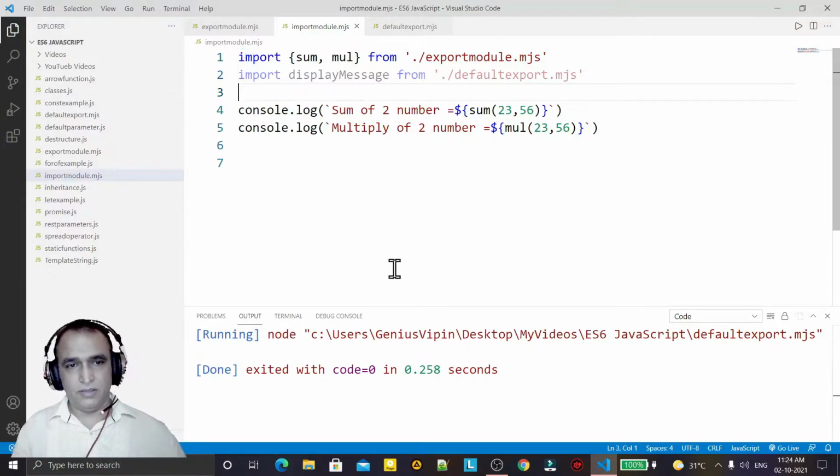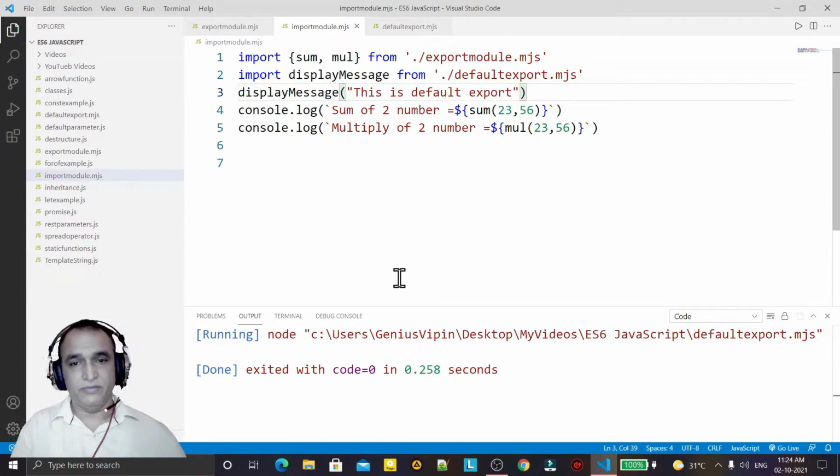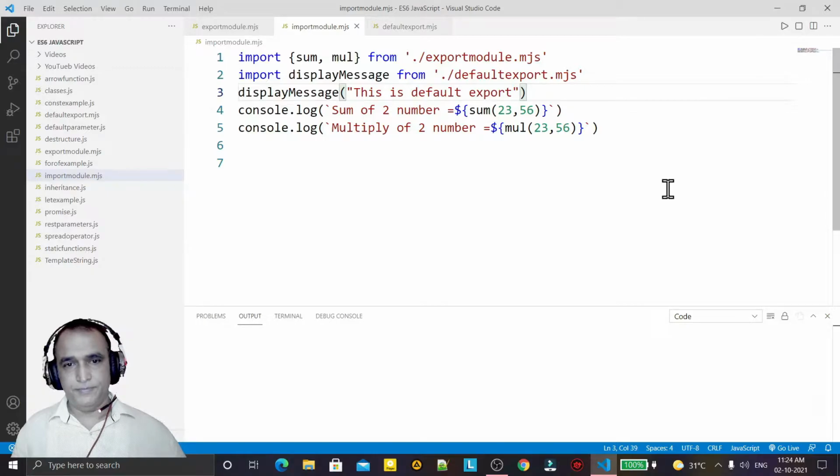And here I just pass the message, this is default export, and I save it and I run it.